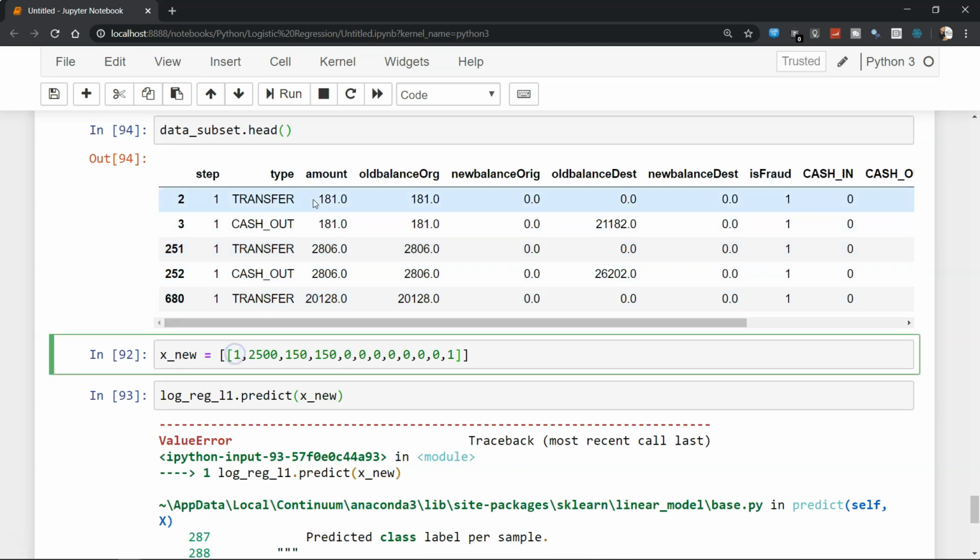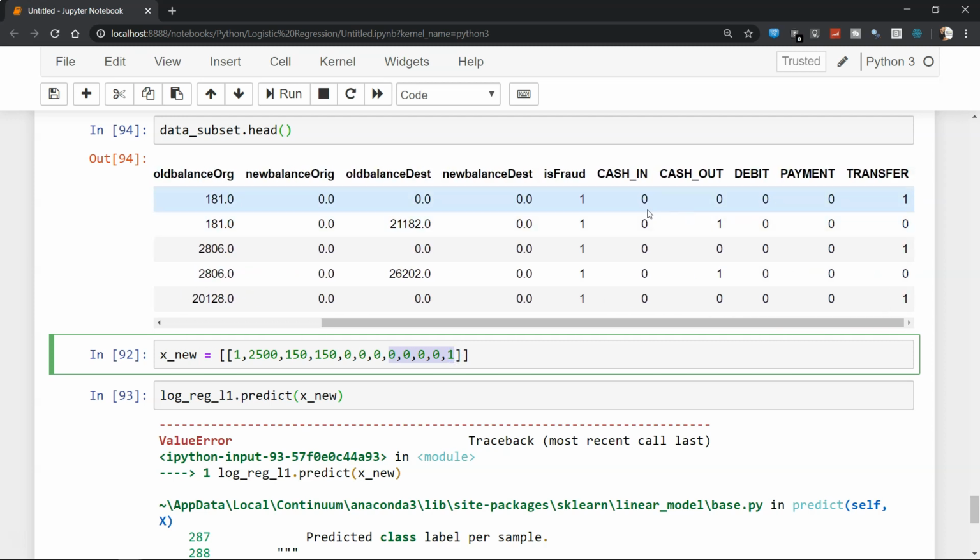So 1, and then amount is 2500, 150, and the new balance, let's say 150 over here. Then 3 zeros: I have amount and old balance 150, then 0, 0 and 0 for these three columns.